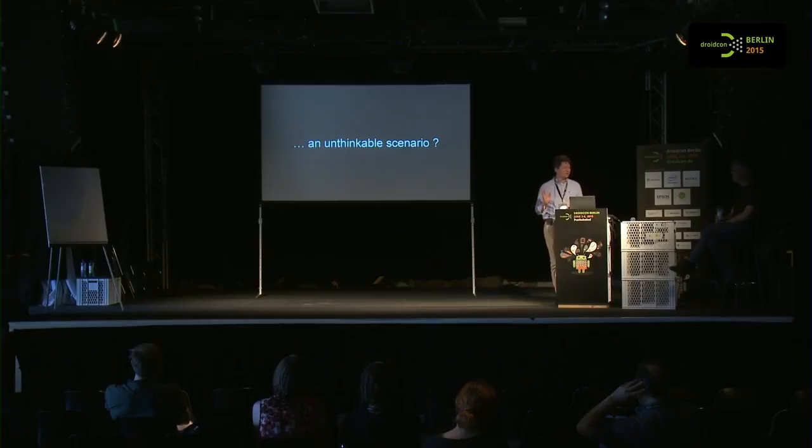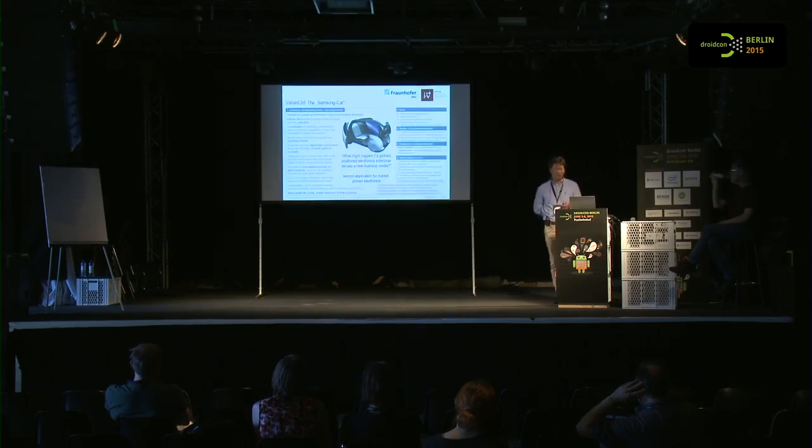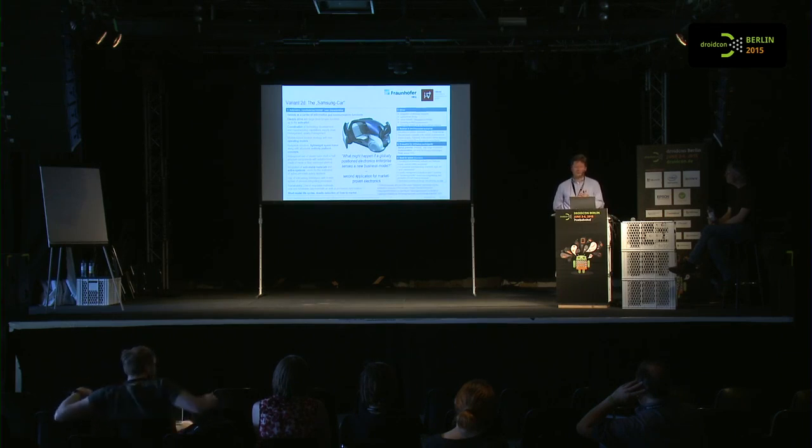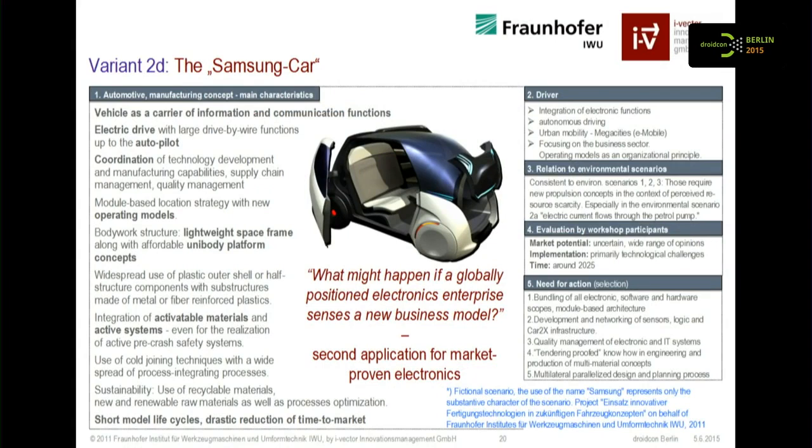I mentioned before, another scenario is left. It's called the Samsung car scenario. It's not because of the company Samsung, it's just the answer to the question, what might happen if a big electronic company, enterprise, goes into the mobility business and senses a lot of business. How will they do that? The scenario comes from the computer. It's generated by algorithms, and workshop experts from Volkswagen and from KUKA and from other German companies interpreted it, and